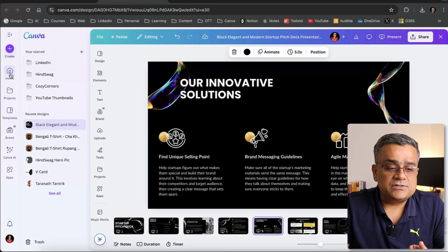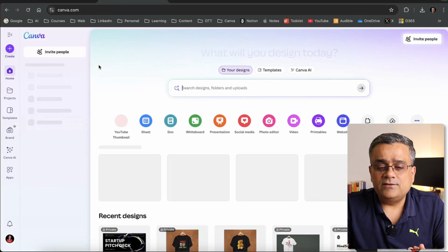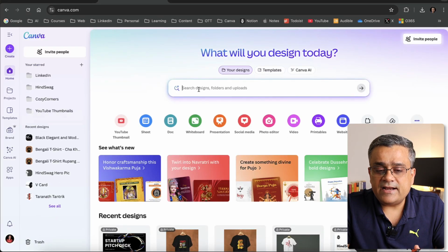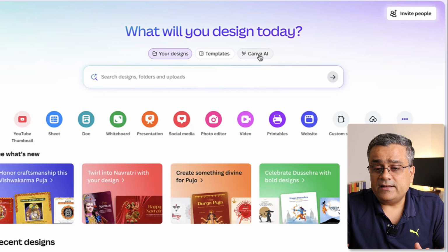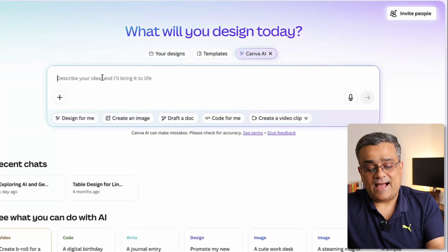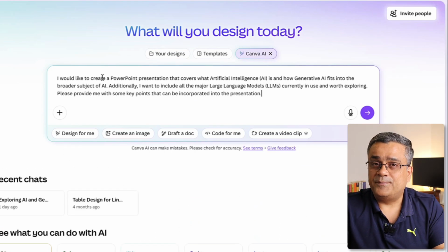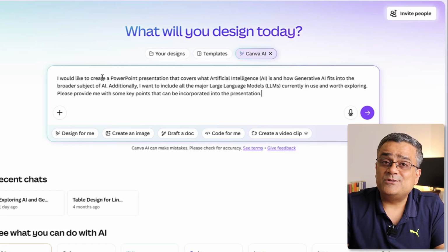Now let me show you another way, and that's using AI. How can you generate PowerPoint presentations using Canva? Again, I go to the menu option, I go to home. There you'll be able to see this kind of a bar. If I click on Canva AI and I paste my prompt, I normally use this prompt to generate any PowerPoint presentation